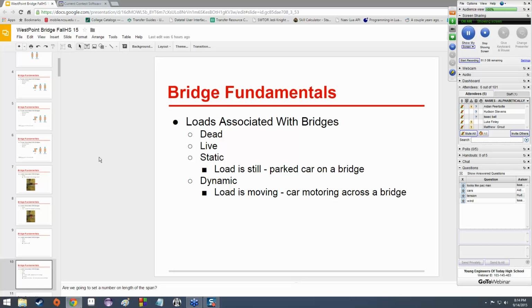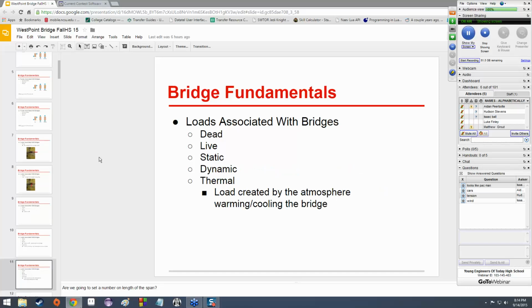So in addition to dead loads and live loads, you also have thermal loads, which are loads created by the atmosphere warming and cooling the bridge. One of those things you don't generally think about, but it's completely true. If you have an iron bridge in an area where the temperature varies wildly as it goes from hot to cold and back, it's going to cause the iron to expand and contract, and that's going to mess with the bridge's stability. It's not going to be a huge amount, but